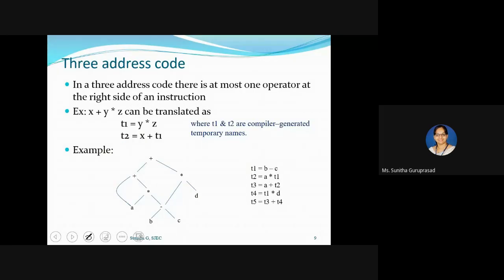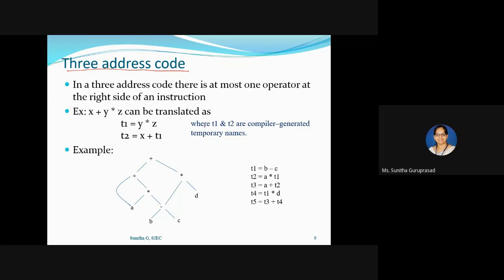The next one is 3 address code. What is this 3 address code? This 3 address code is whatever addresses you write, that will be entered as a 3 address code. An example of this we have already seen in the lab. One of the lab programs was that, like this itself we had created. Hope you remember that. But we had not used that for a DAG. We had used that for a normal syntax tree.